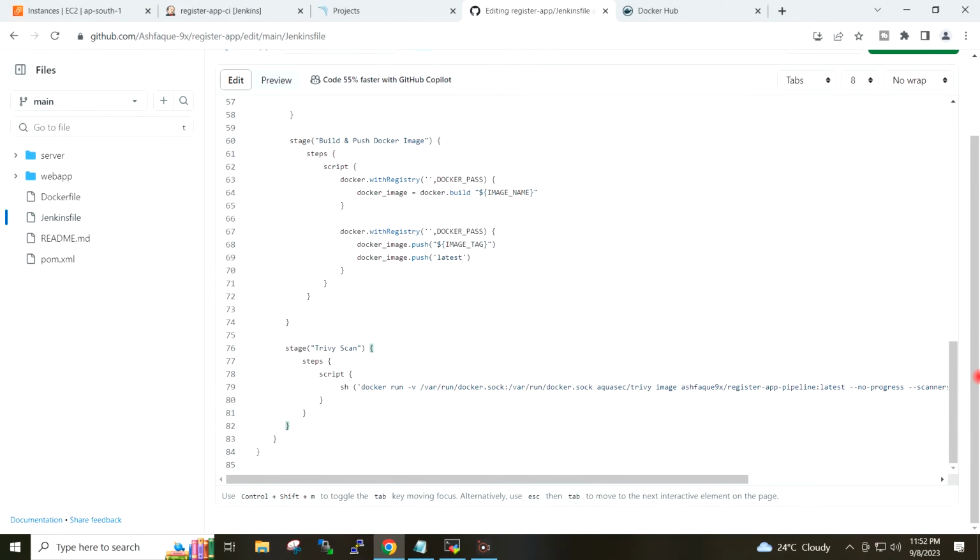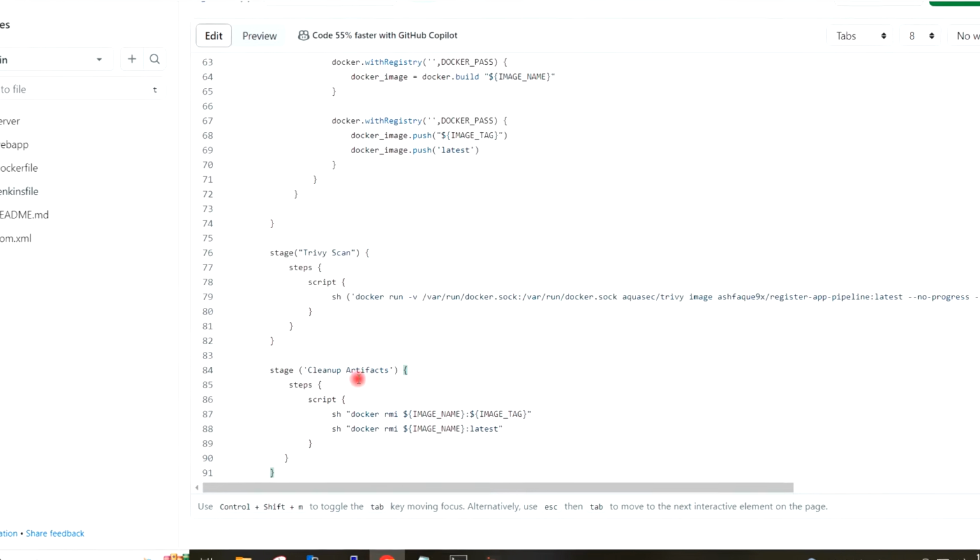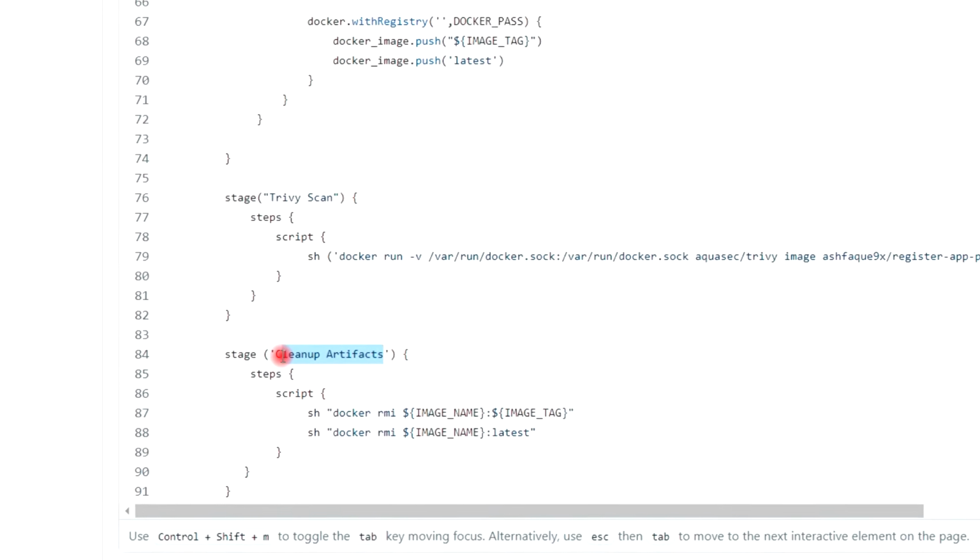And I will add the one more stage with the name cleanup artifacts, which will actually clean the created artifacts from the workspace. So stage name is cleanup artifact.